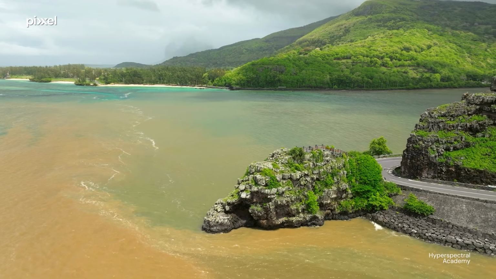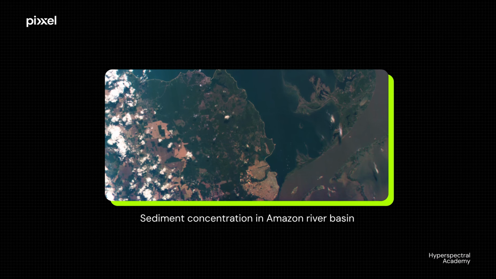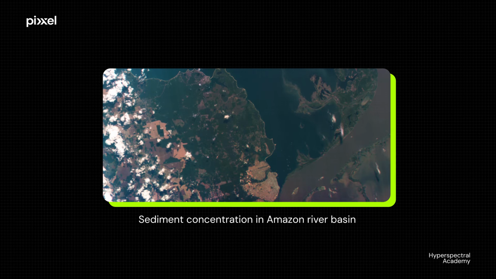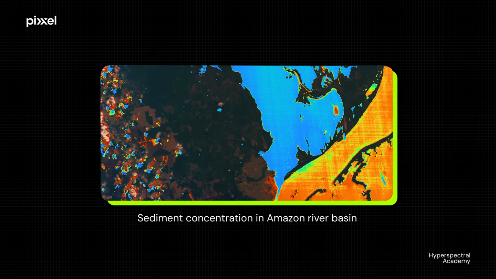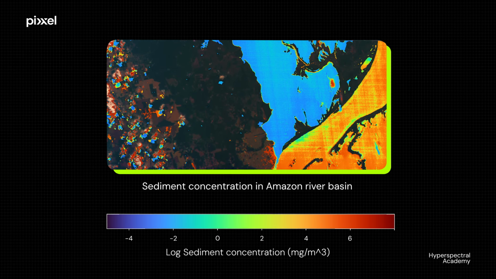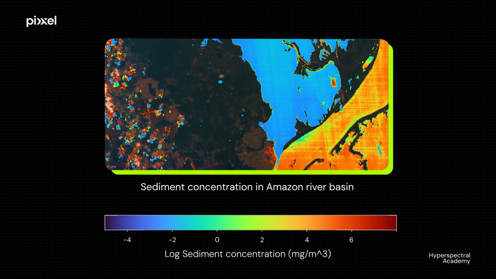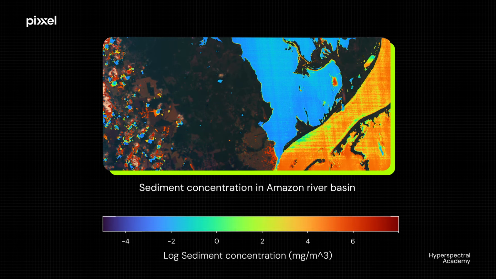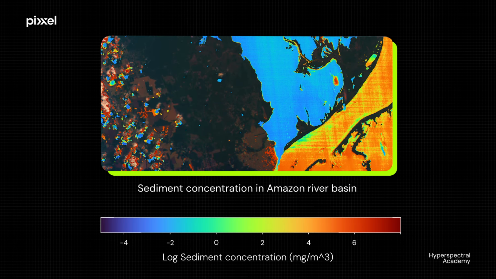depending on their composition. They are also important indicators of water quality and ecosystem health, as they can carry nutrients, pollutants, and pathogens, influencing the biological and chemical processes in aquatic environments. Hyperspectral imaging can then help trace the distribution of these pollutants by monitoring sediment movements, as well as understand how sediments move and inform erosion control measures, sediment management in reservoirs, and habitat restoration efforts, especially in riverine and coastal